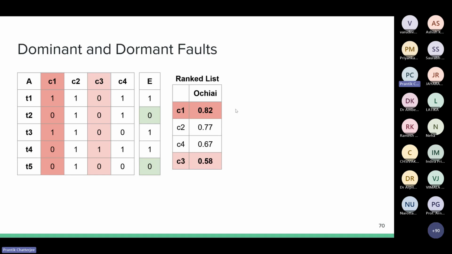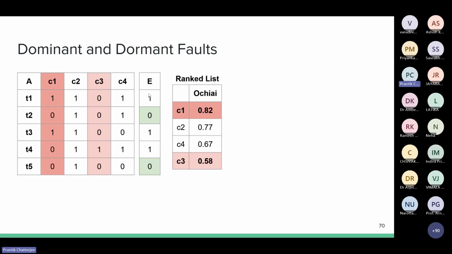Let's look at an example of why I say that these scores might not be as good in the presence of multiple bugs. Assume that there are 4 components in our program, C1 to C4, and components C1 and C3 were buggy, whereas components C2 and C4 were not.